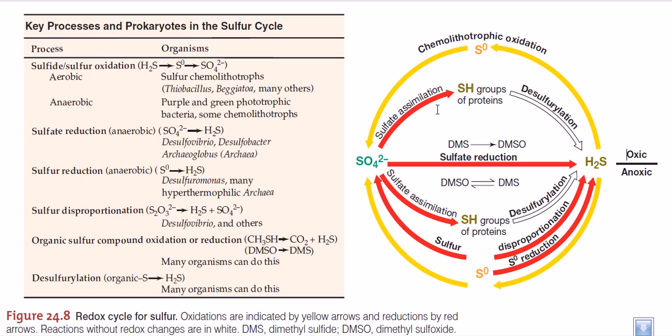Now this is one process, but what about the sulfur which is incorporated inside us as the SH group? We have to make H2S out of those SH groups after we have done the job. We do this via the process of desulfurylation. It can be carried out by many organisms like us, all the organisms on the earth who need sulfur as their ingredient. What they are doing and what we are doing is taking this SH out and producing H2S, or hydrogen sulfide, and setting this back into the environment.